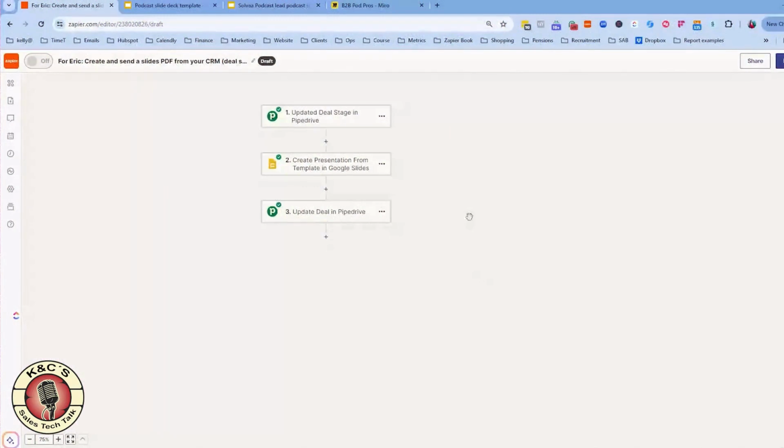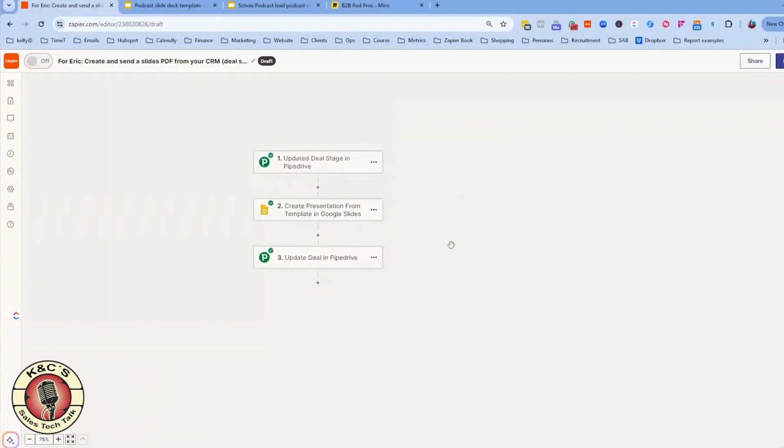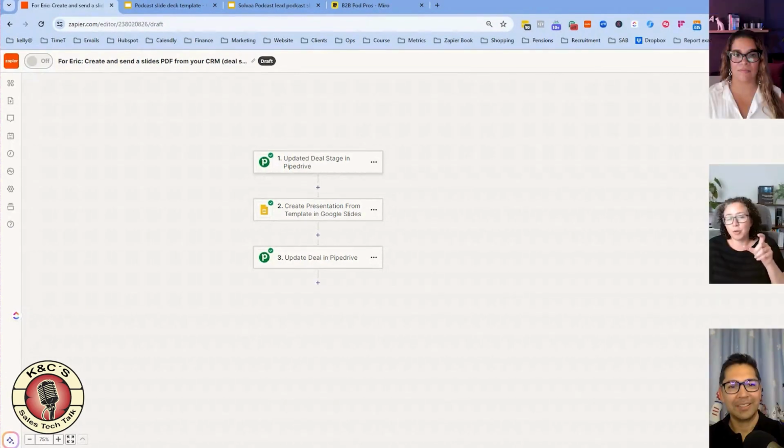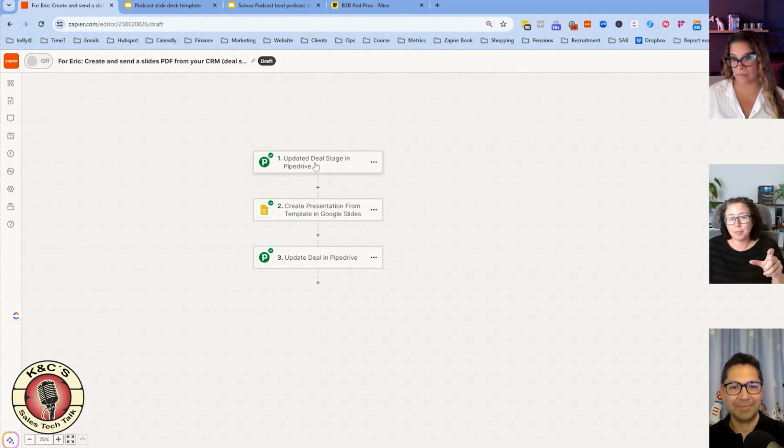So this is the Zap, really straightforward, literally 3 steps in it. We're not going to go into a whole tutorial here about Zapier, but essentially we could trigger this based on that deal moving into the proposal created stage. So we have that as our Zap trigger. And then basically what we'll do is we'll extract data from Pipedrive as part of the Zap and create a